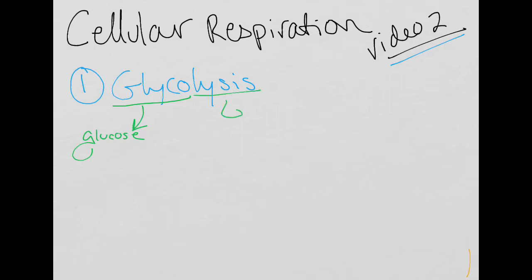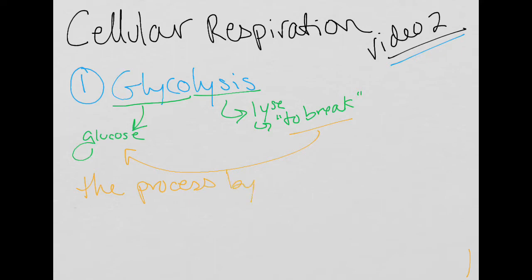And then lysis, which refers to that word lyse, which means to break. And so literally, glycolysis is where we will be breaking glucose. And so glycolysis is the process by which